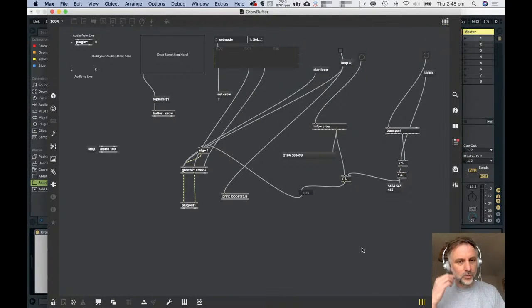that's the right mess, isn't it? So what I've done there is made a patch that allows you to load in a sample, select an area on a waveform generator and play back the sound accordingly, but also set the playback speed of the sound according to a tempo derived from the live set. I'll expand on this next time,